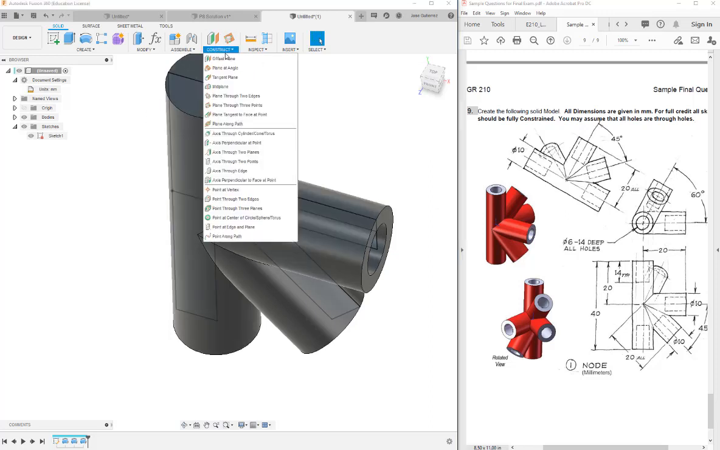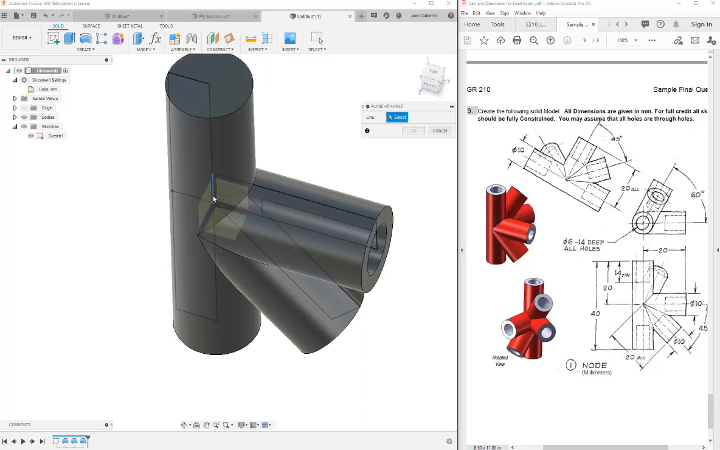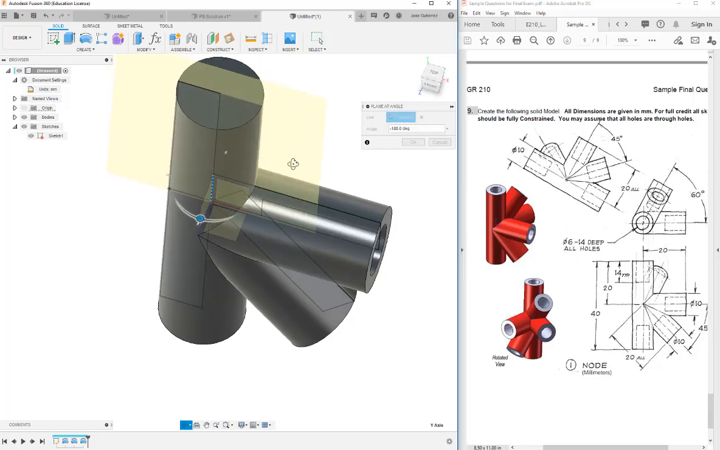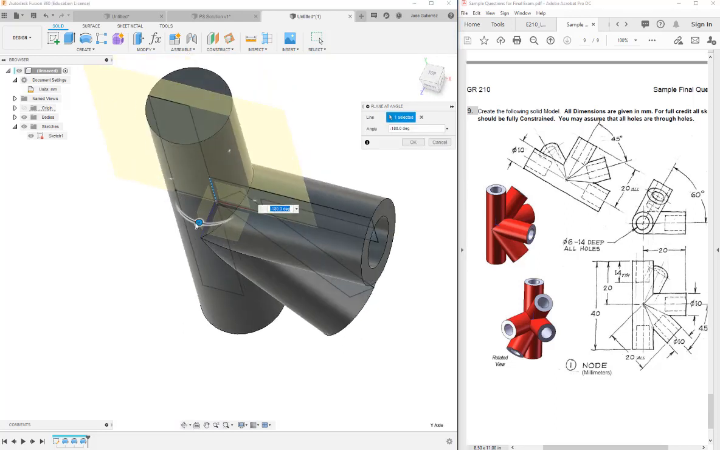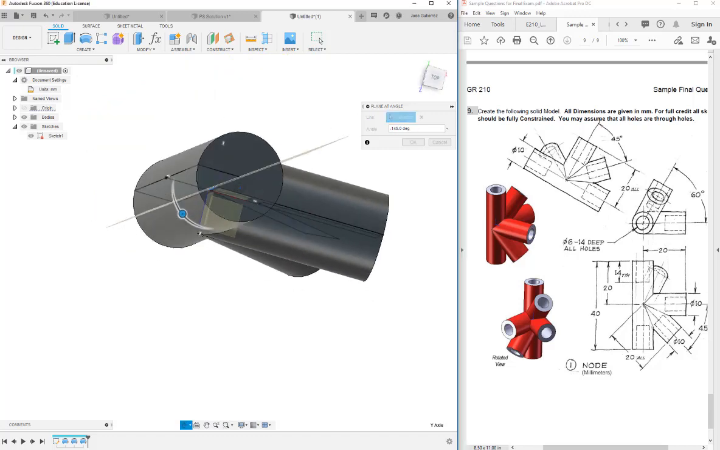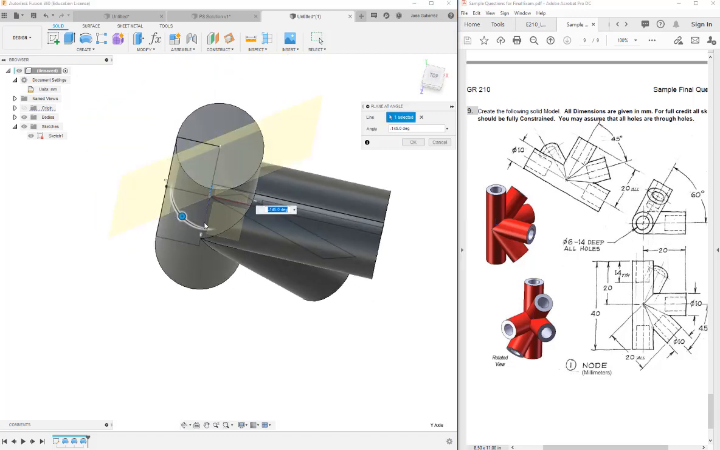So to do that, you can go to construction, plane at an angle, and I'm going to choose my x-axis or y-axis. And so the angle, and I'm just going to drag it just so I can make sure I'm going to type in the right angles here. Okay, and so what I see here